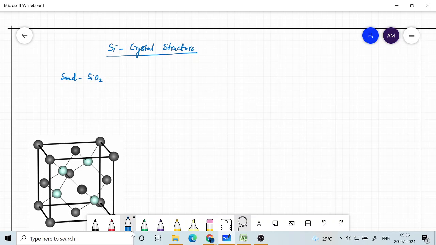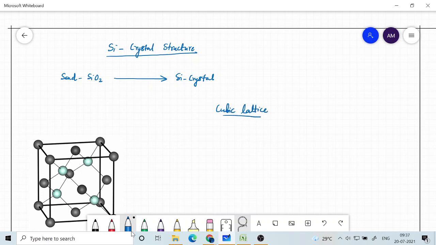Now to convert sand into silicon crystal, there are various steps in the process which we will look at today. But before we look at the process steps in converting sand to silicon crystal, we would like to look at what is the structure of the silicon crystal. Okay, probably everybody of you are familiar with what is called as cubic lattice. So let us look at what is called as cubic lattice.